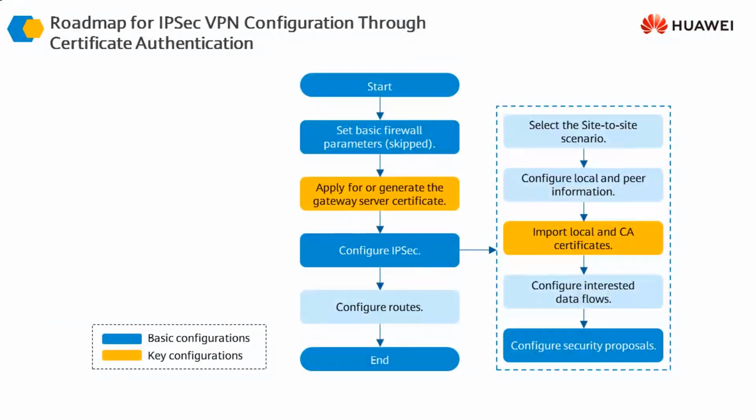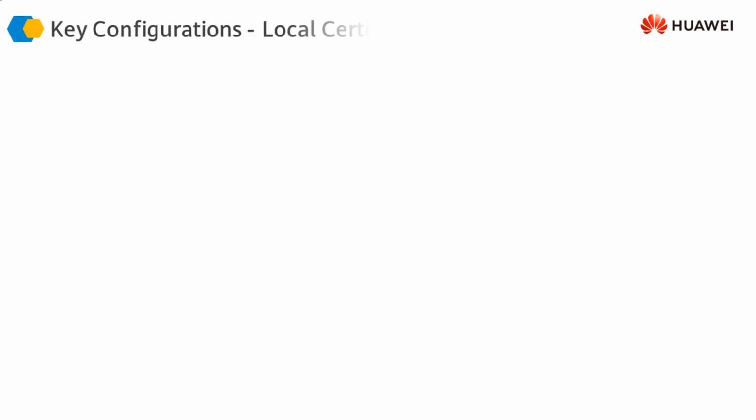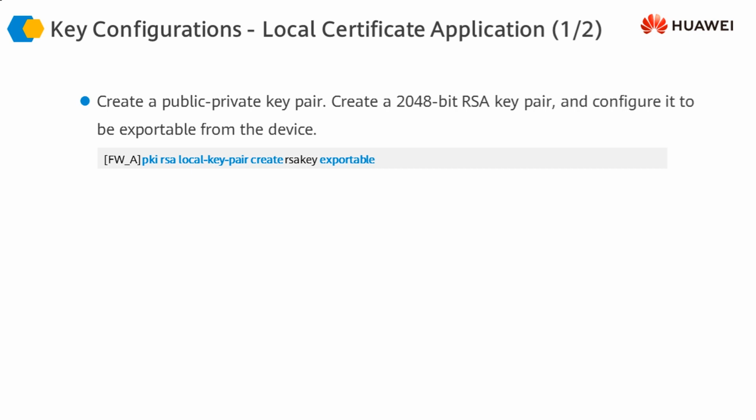How this is done, step by step, this is how it is going to be done. First of all, the basic firewall configuration is done. Then we create the local and the CA certificates on the firewall. Then we configure IPsec, and then during IPsec we associate the certificates with IPsec, and then finally, if we need to configure the routes, we'll configure the routes as well. Once again, let's take a look at this configuration first in the command line for certificate generation. There are different steps. You'll master these steps once you practice them on the firewall or in the lab. However, I'll just give you a brief overview of what these steps are doing.